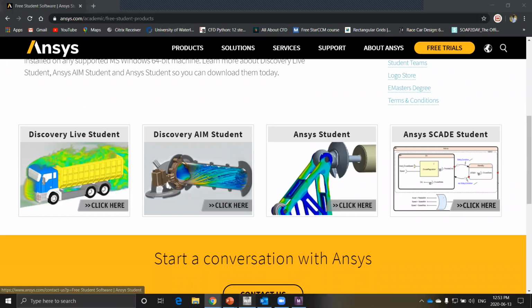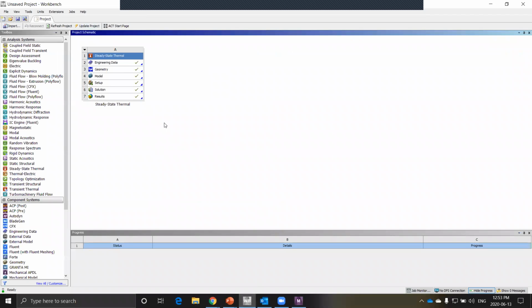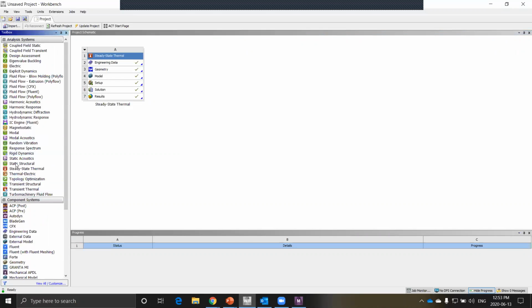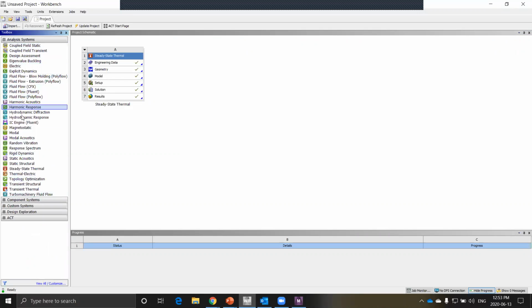So what we were working on was the Workbench, right? This has all these features of structural, CFD, electromagnetics, electronics, and so that's kind of like an index, and then those are all specific programs in a way? Yeah, these are the analysis systems. It's basically the mathematical model and the type of physics you're solving.